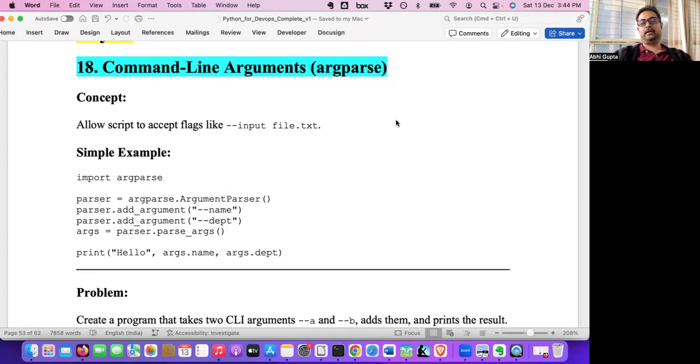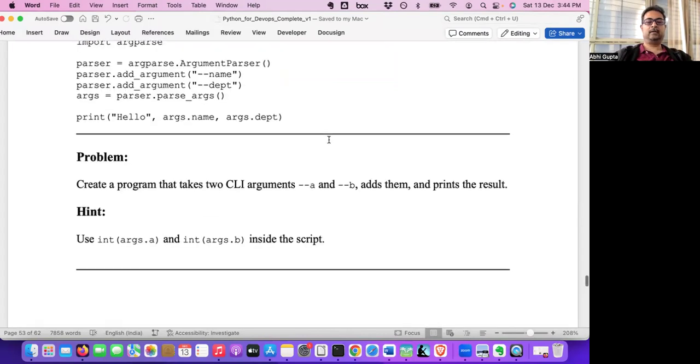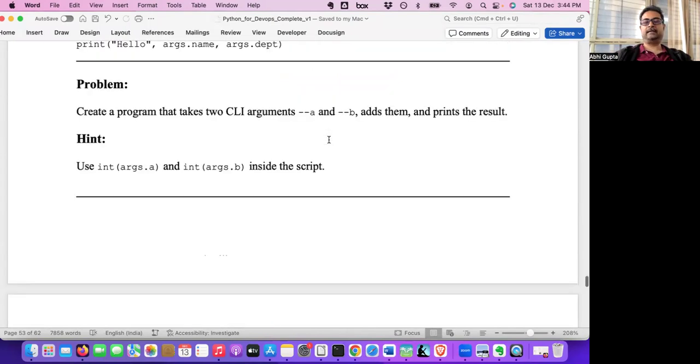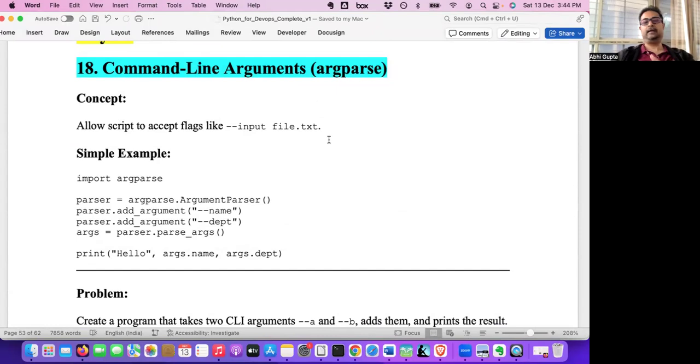So today we are going to learn two concepts. One is how you pass command line arguments, and the second one is about environment variables, reading environment variables. These are the two concepts you will be using regularly in your day-to-day Python programming as a DevOps